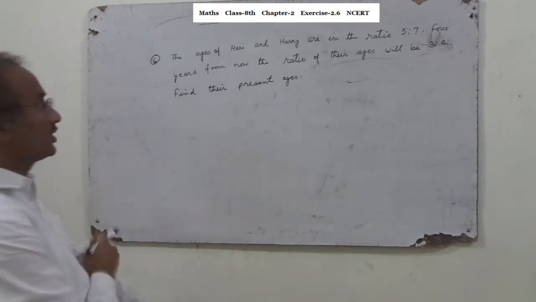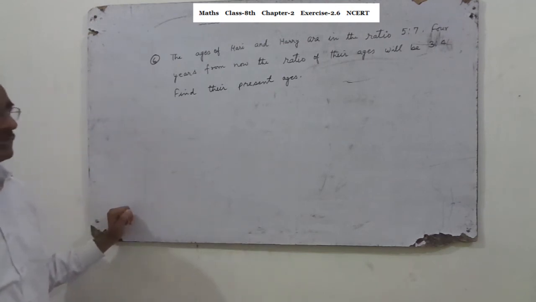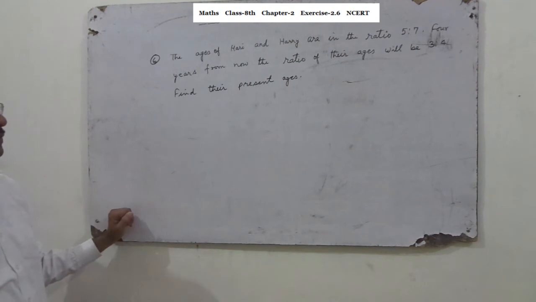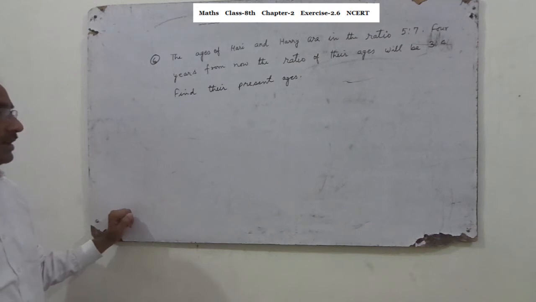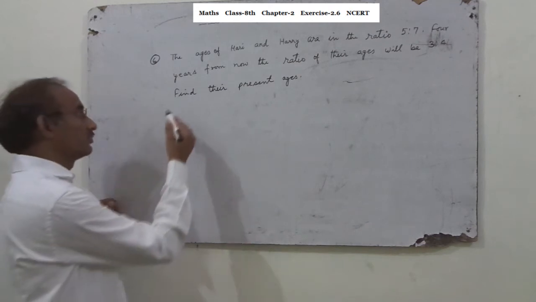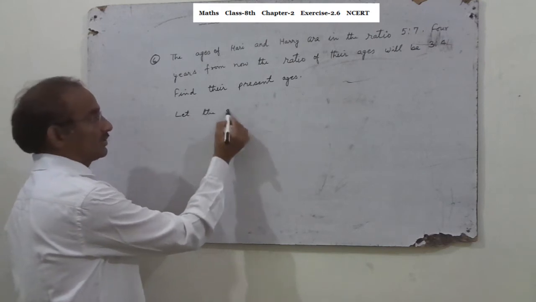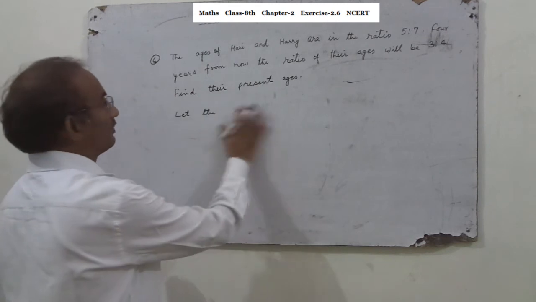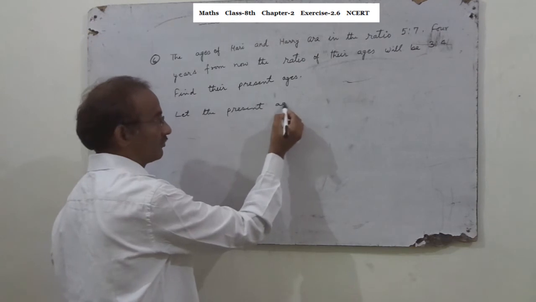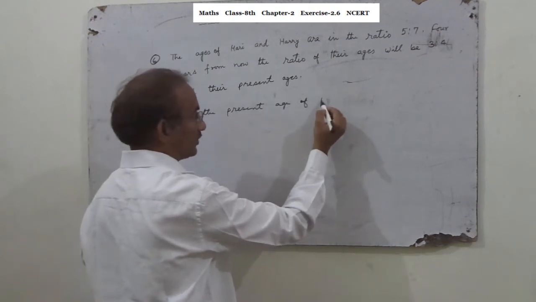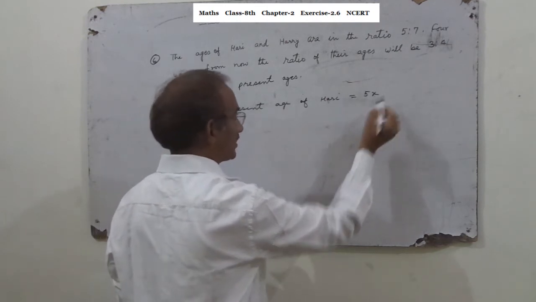Now come to question number 6. The ages of Hari and Harry are in the ratio 5:7. 4 years from now, the ratio of their ages will be 3:4. Find their present ages. So let the present age of Hari equal 5x years,